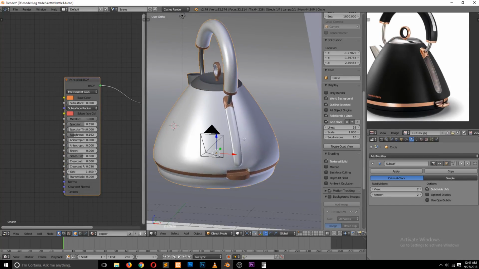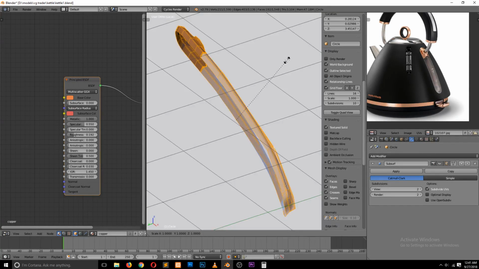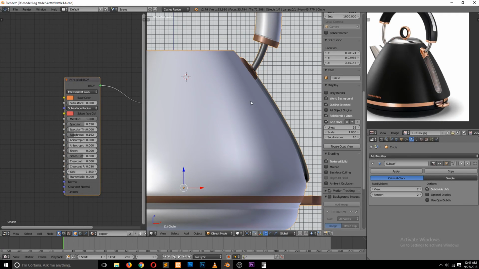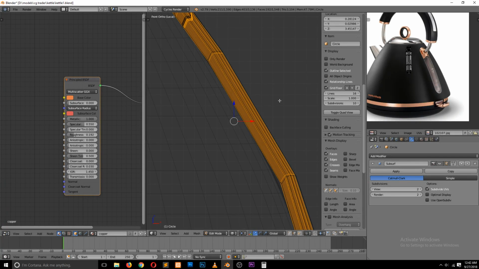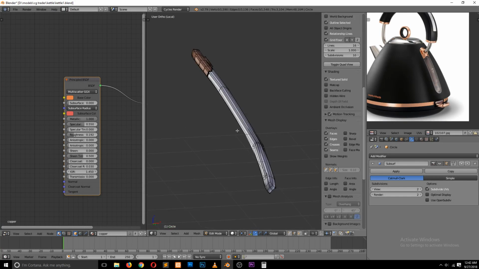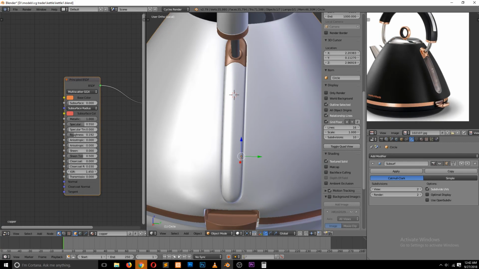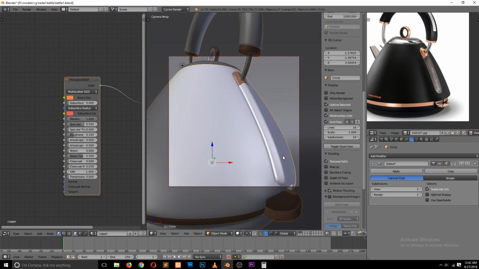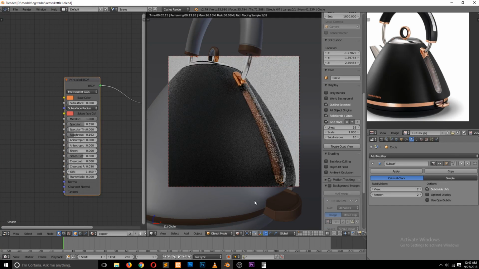So that it has, get the, then scale in object. Reduce the transmission a bit. Oh, sorry, this for the